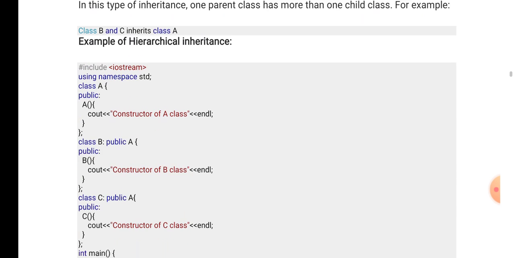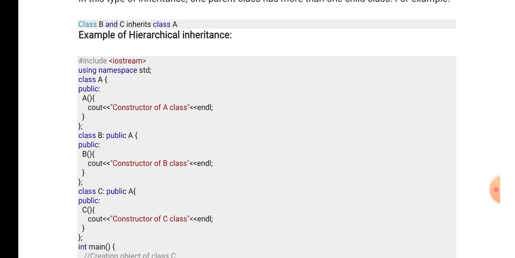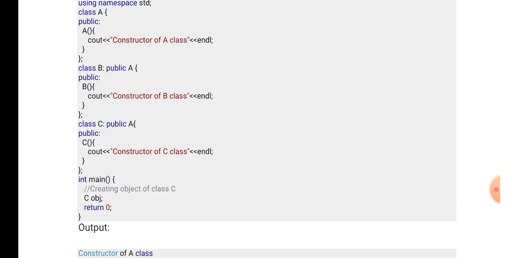In the example, we write class A, then class B is inherited from public A, then class C is also inherited from public A. So here A is the parent class, and B and C are two different child classes of class A. If we create an object of C class, it calls the constructor of C class, which in turn calls its parent class constructor, that is the A class constructor.